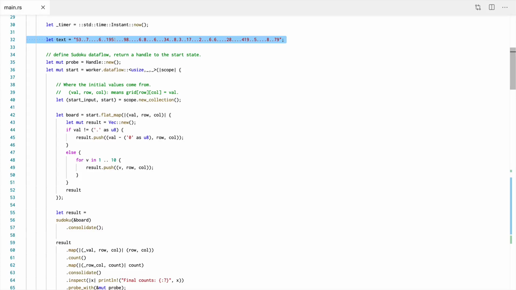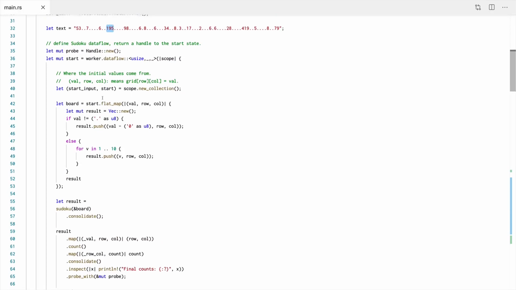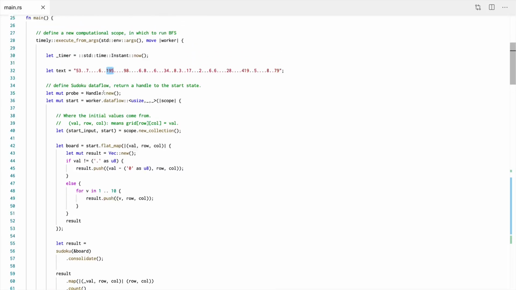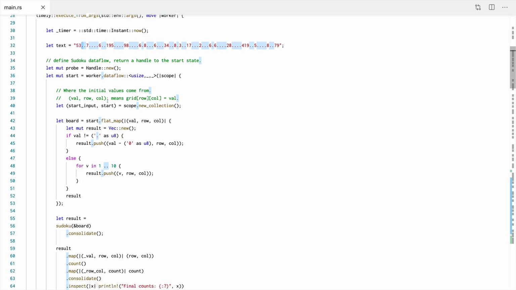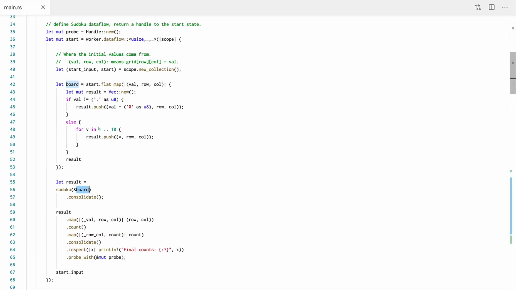This is a more well-specified Sudoku problem, but one that doesn't have any additional rules. And what we're going to do in this Sudoku problem is repeatedly iterate on the possible values found in any row column location. We're going to start with some specific values in specific locations and some utterly unspecified, or 9 possible values, in each other location. And then we're going to take that board state, which is initially just, well,